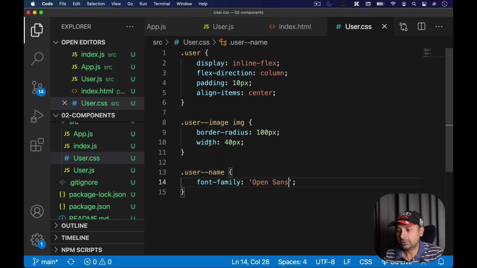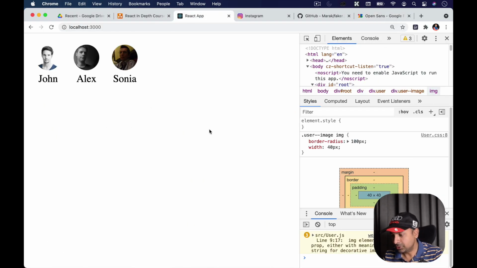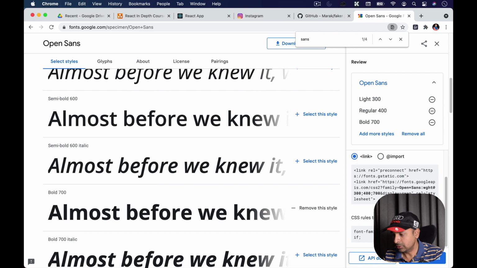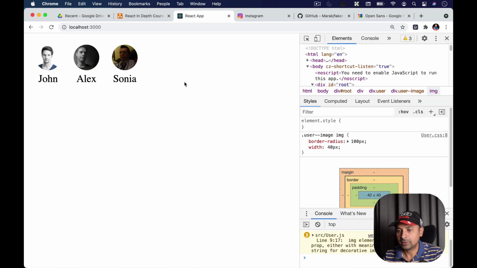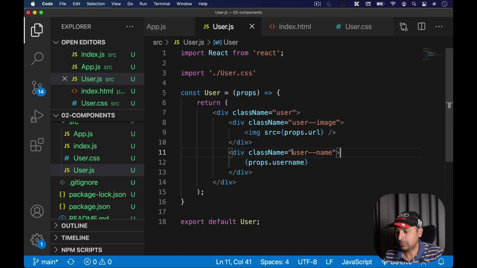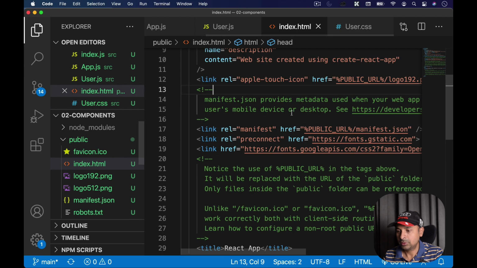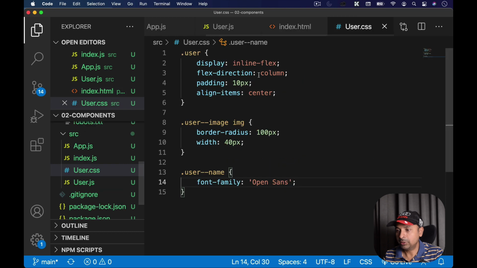Now, if I save and come back, I don't see the changes actually. Maybe I did something wrong. Open Sans is a font dash family, and I'm using user dash dash name. That's a class name I have for my div. Okay, probably I need to restart my application. Let me do that.